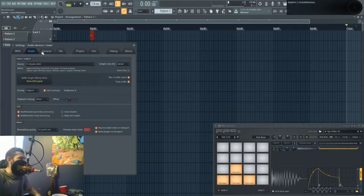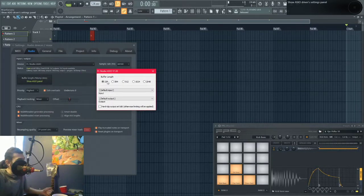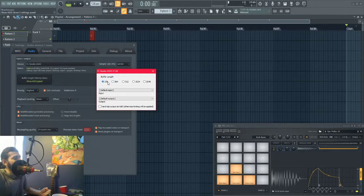You already know about the ASIO, but if you want to know a little bit more about it, buffer lengths are basically, the lower you go, think of it as frames per second. You can only play, let's say this is like a VSync cap for 256 FPS, for example, when you can run 2048 FPS. So basically this is limiting down your quality,